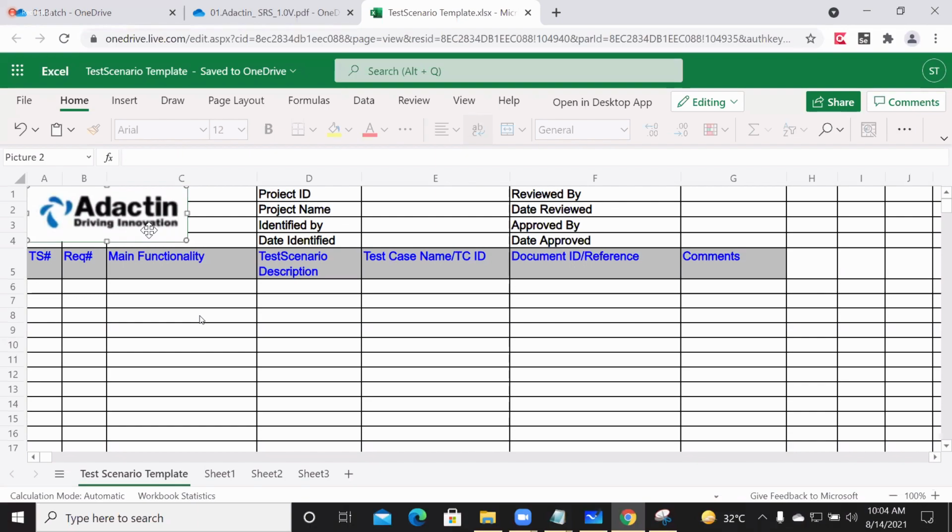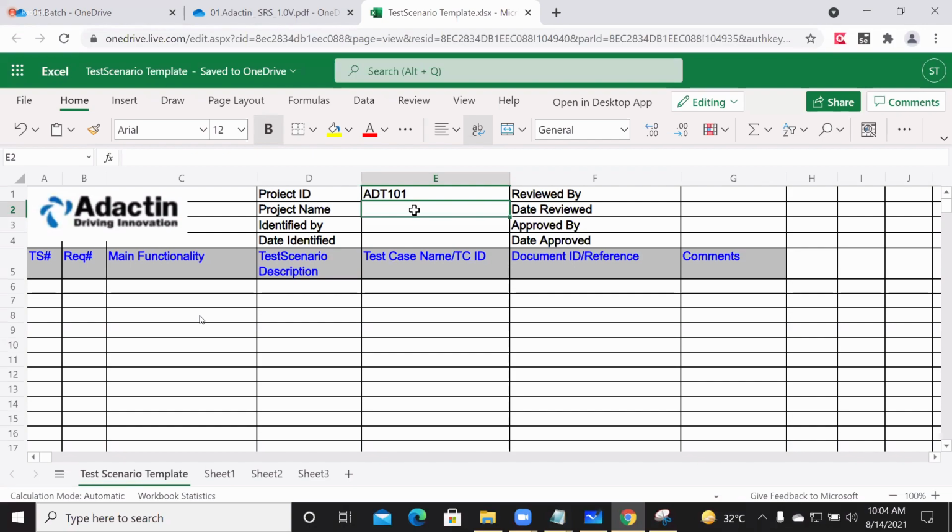Okay. Next, project ID. Everyone provide the same project ID. Make a note of the project ID. Everyone provide the project ID as ADT 101.